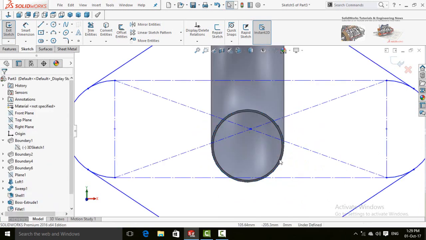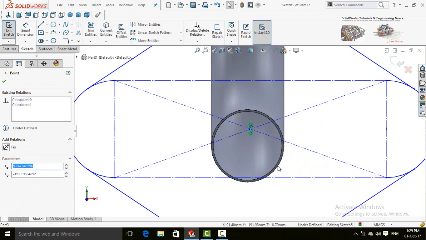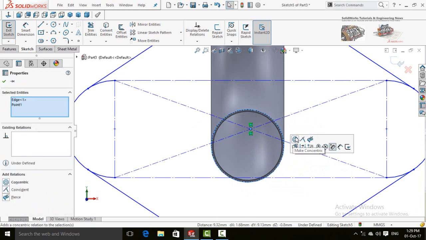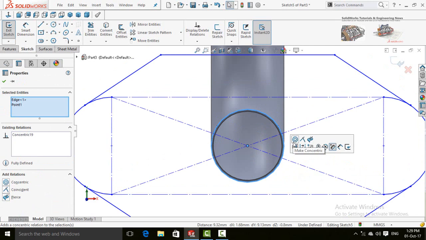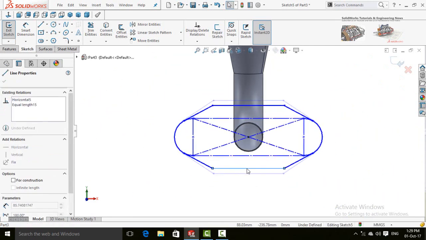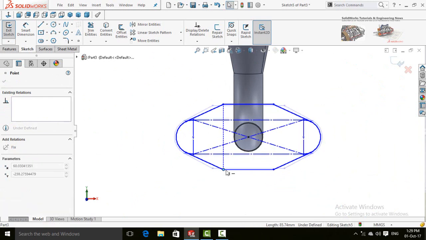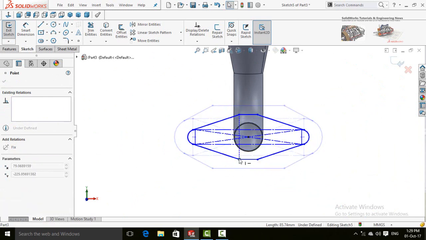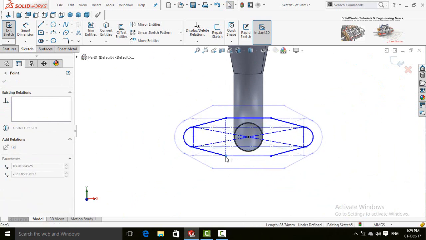Now select this point and this outer circle and make it concentric.